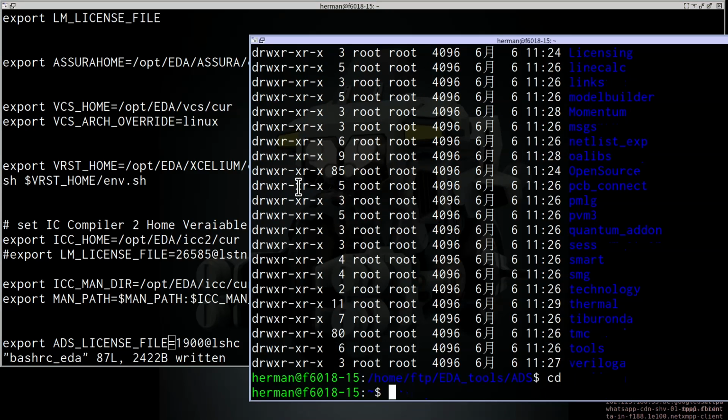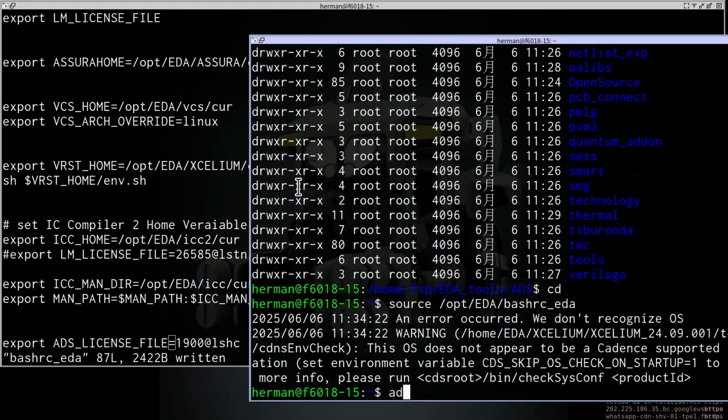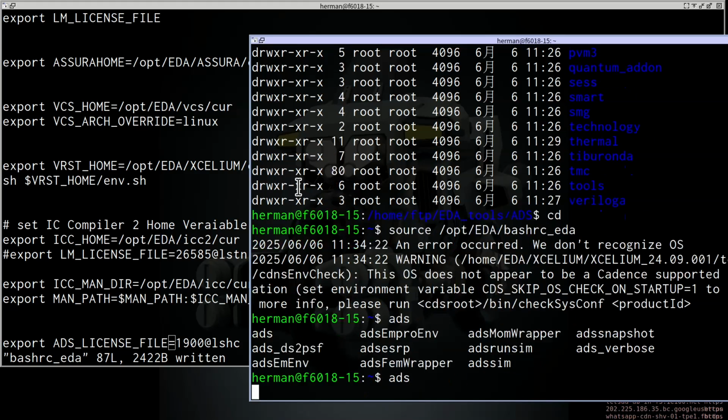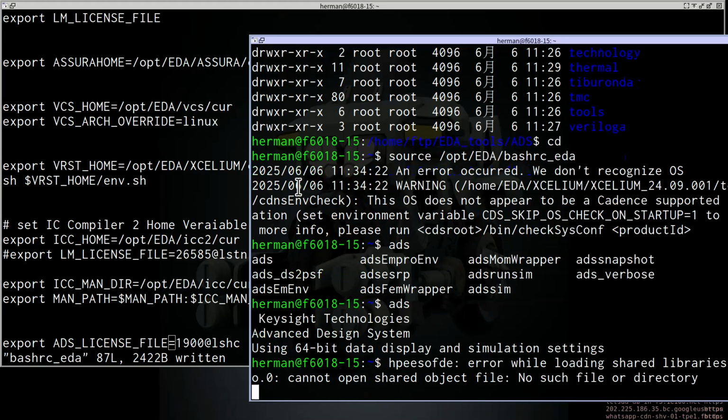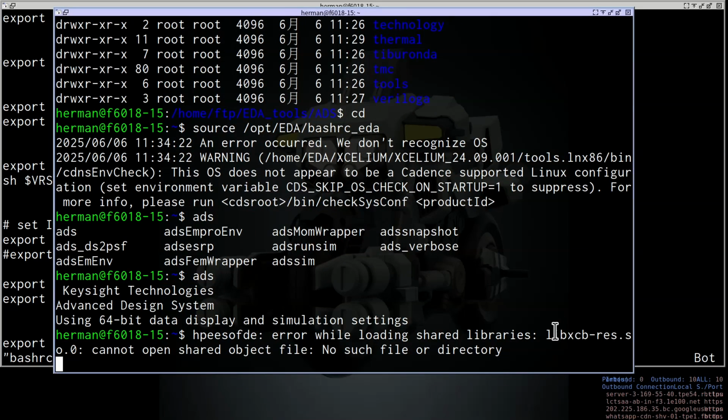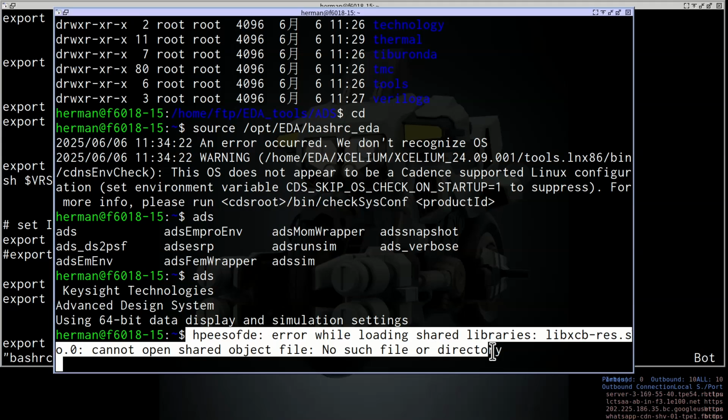Then we can source /opt/eda bashrc eda and ads. I don't know, I haven't used this software before. Okay. LIVXCVIS. So this time it shows you this error.